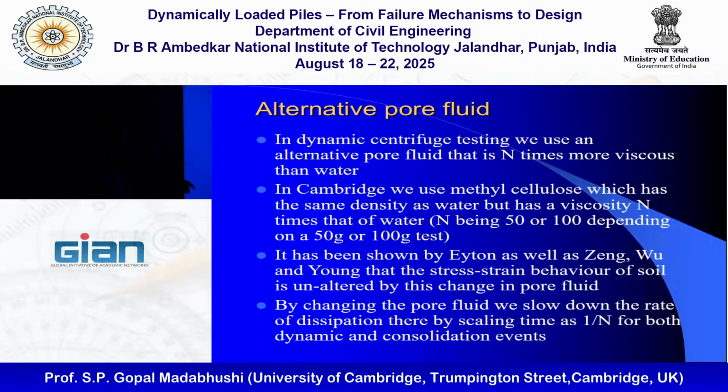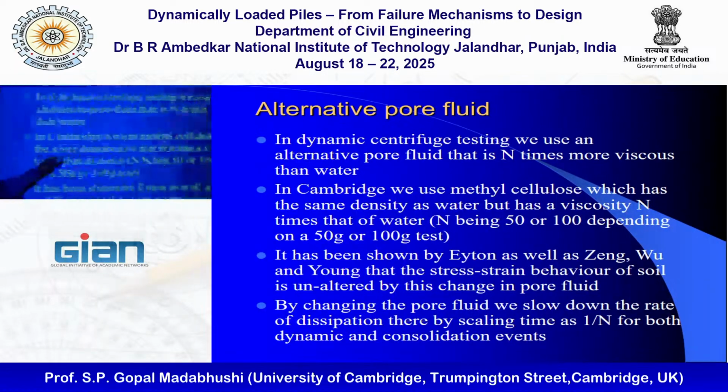More recently, we started using this methyl cellulose. Methyl cellulose is very cheap. It's basically cellulose, so it's like rice powder. So you can mix it with water and make the soups thicker. For example, when you have soup, it has a lot of methyl cellulose, so that the soup feels thicker. Okay, so it's edible, so it's non-toxic, and we use that, and we can adjust the viscosity of the fluid